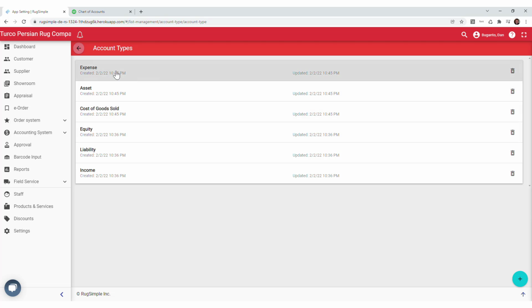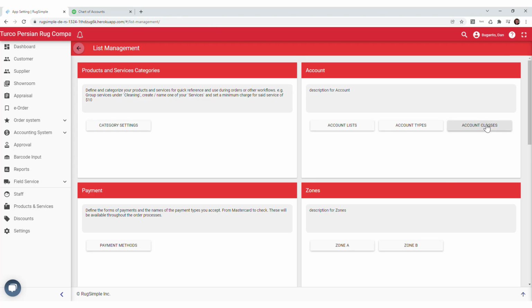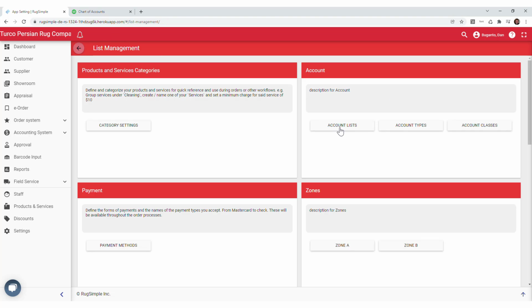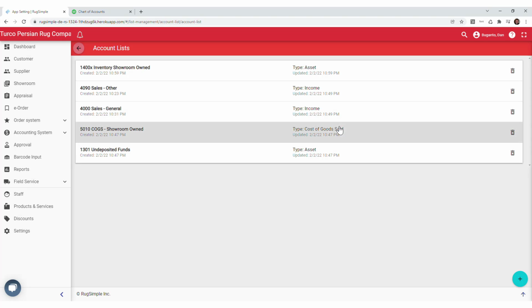First, you'd have to go to the account types. The account types, in this case, would be the basic types of accounts, and any account classes that you also want to establish. Classes are used primarily in QuickBooks Online as sort of sub-accounts to a main list of chart of accounts. So the account, if you go back to account lists and